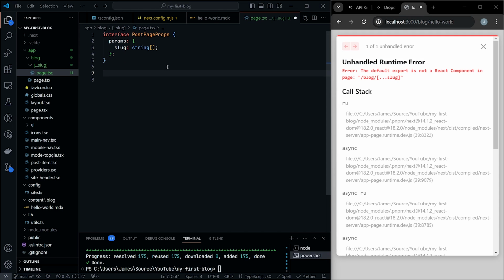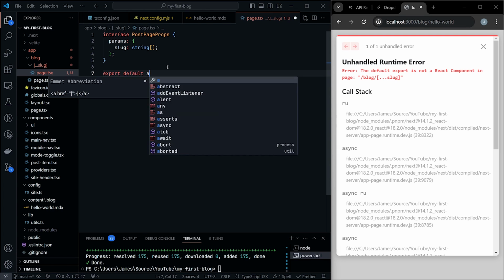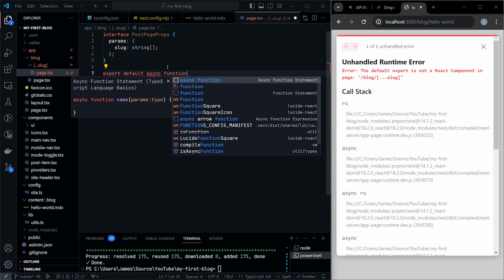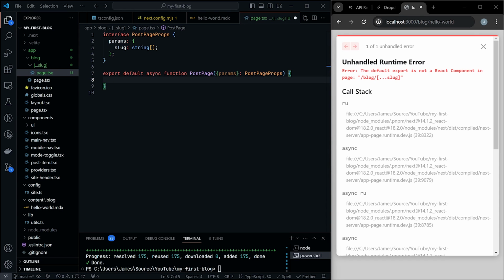Next with that, what we're going to do is export default async function, and then PostPage. And then in this PostPage, we're going to have the props of params. And again, that's going to come from our PostPageProps that we just set up, like so. Within here, I'm going to do a return, and we'll just have